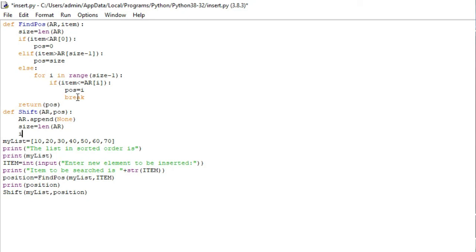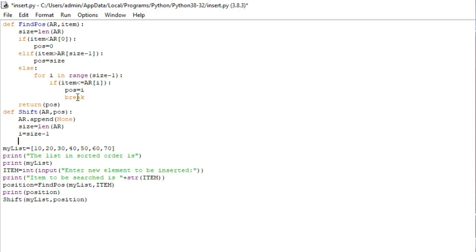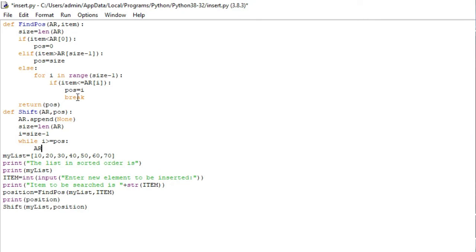Then i will be equal to size minus 1, while i is greater than or equal to position, ar[i] will be equal to ar[i minus 1]. It means at that particular position we are starting from the end, that is from 70.